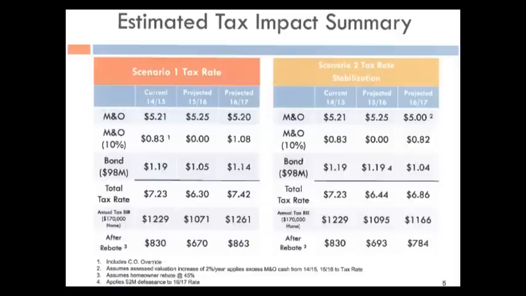So our recommendation and our view is that scenario 2 does not give the taxpayer the biggest advantage for next year, but it does give them a stabilization of the rate that's not going to increase. It is going to drop some just because of the nature of those overrides falling away, but not spike the rate in 16-17 where they feel uncomfortable in supporting those elections because of the amount of their tax bill increasing. So that's it in a nutshell.